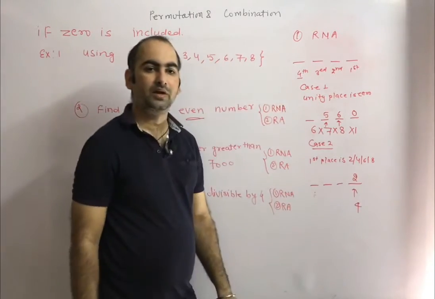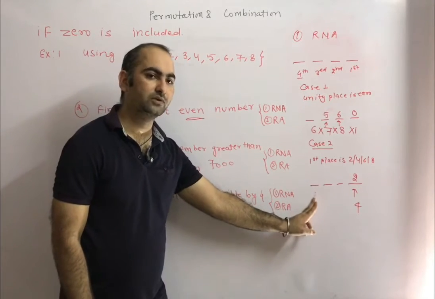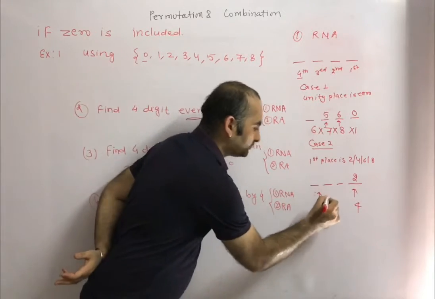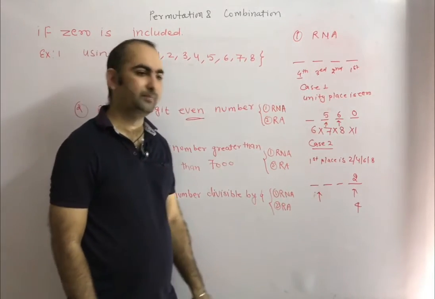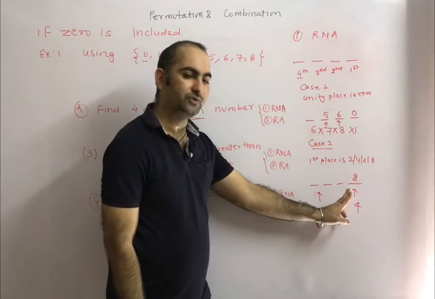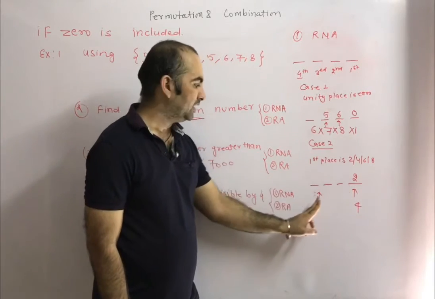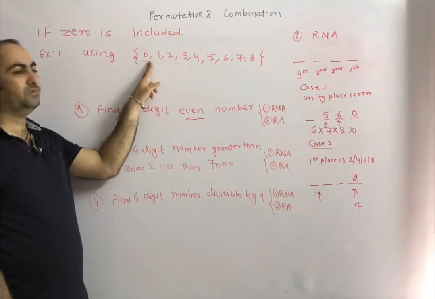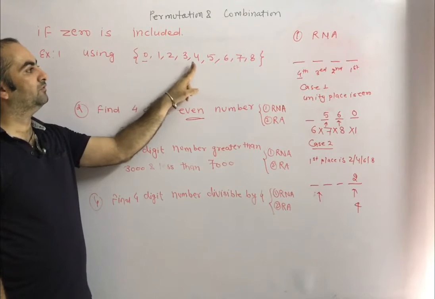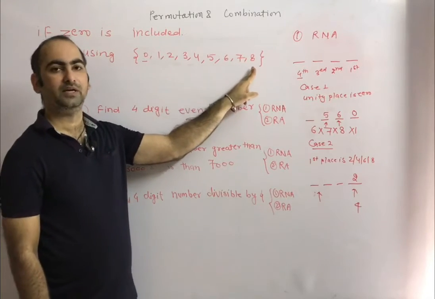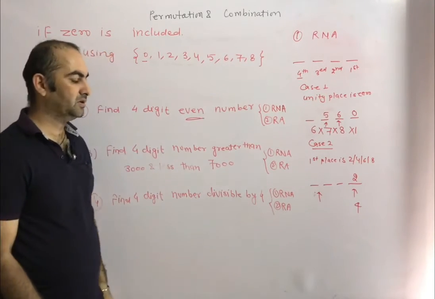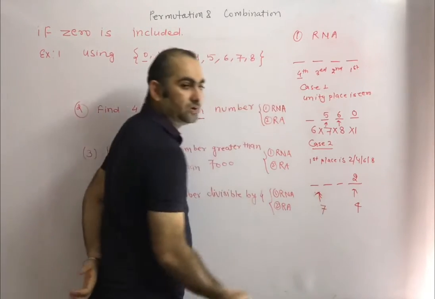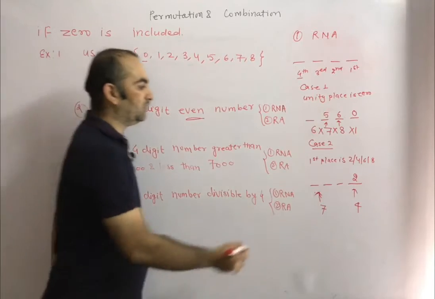Now you have to take care of fourth place, because at fourth place we can't put 0. Next thing we have to fill is fourth place. Now we know that repetition is not allowed. Suppose 2 is coming at unity place, that means 2 will not repeat. Now at this place we can't put 0, so how many numbers are remaining? 2 and 0 we can't put, that means we can put 1, 3, 4, 5, 6, 7, 8. So we can put 7 numbers. So for filling fourth place, how many choices do we have? 7 choices. Correct? So out of 7 numbers, suppose here 1 is coming.